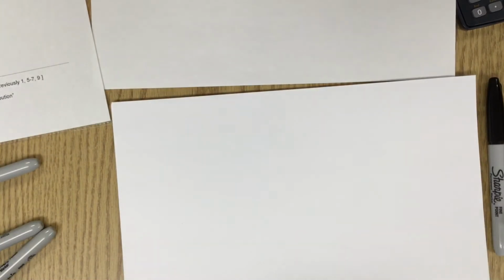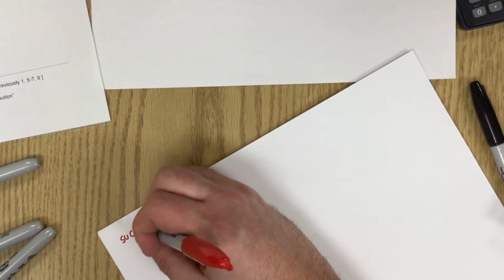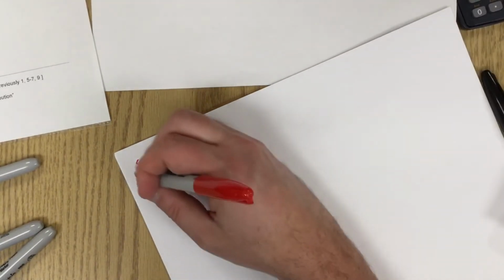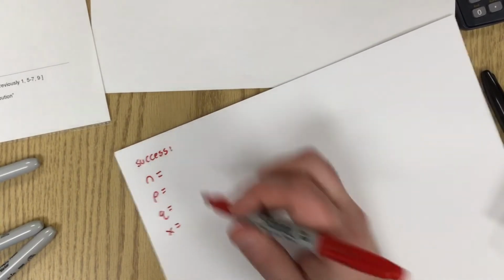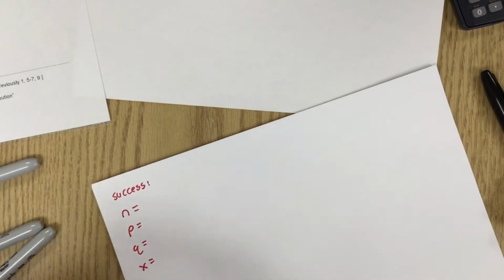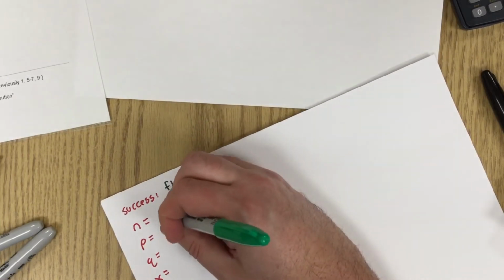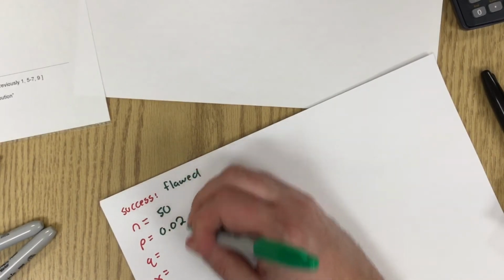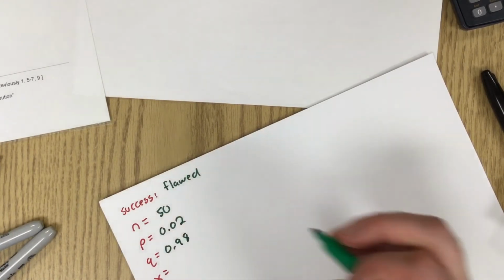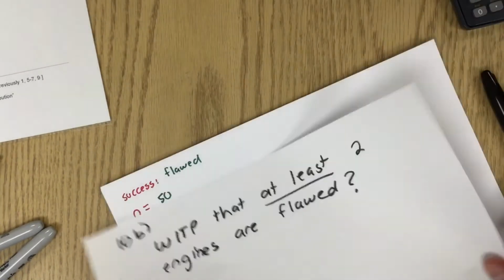So you want at least 2 engines flawed. So the probability that at least 2 are flawed. So success, N, P, Q, X. And we're going to say success is flawed. We have our 50 trials. The probability of it being flawed is 0.02. The probability of it not being flawed is 0.98. And if we want to have at least 2 flawed,